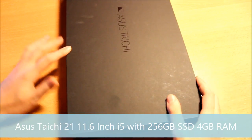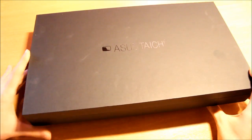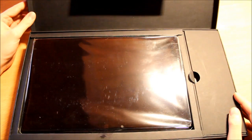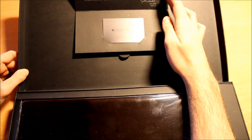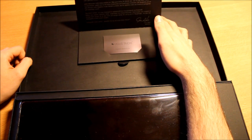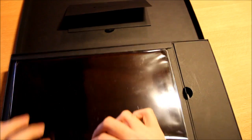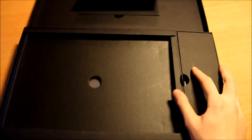So this is the premium Ultrabook from Asus with 2 screens, and let's check the inside of the box. So you directly see this is really premium. Here are some cards for additional exclusive services. Okay, let's take out the Taichi. This is the Taichi. I will show you first the